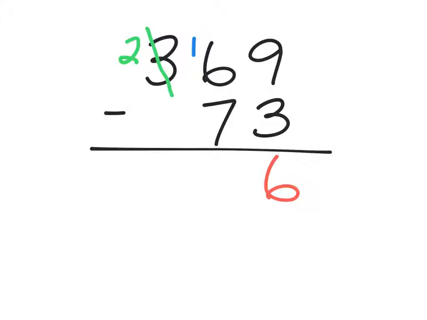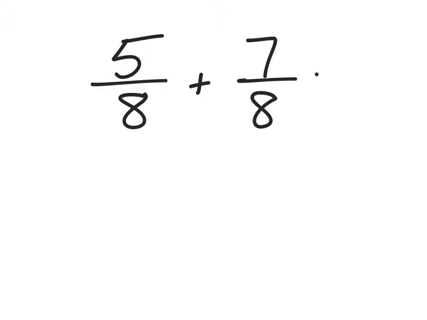I add 10 tens to my 6 tens. So I now have 16 tens minus 7 tens, which I know is 9 tens. And I bring down the 200s I have remaining. So that 369 minus 73 is 296. 2 groups of 100, 9 groups of 10, and 6 ones. 296. Just as we may have to regroup when adding and subtracting whole numbers, sometimes we may have to regroup